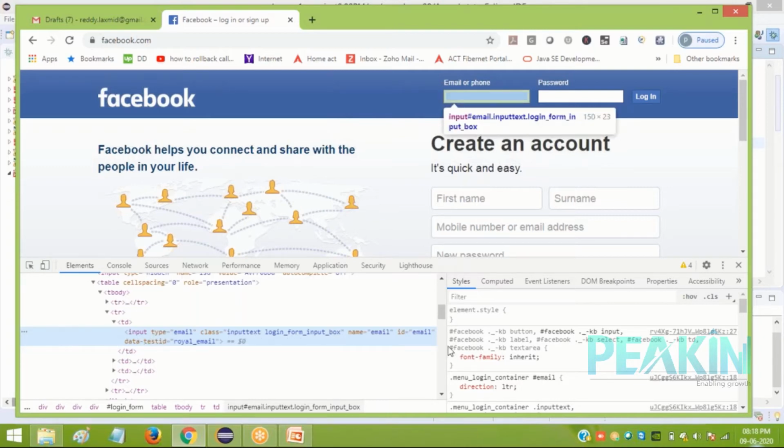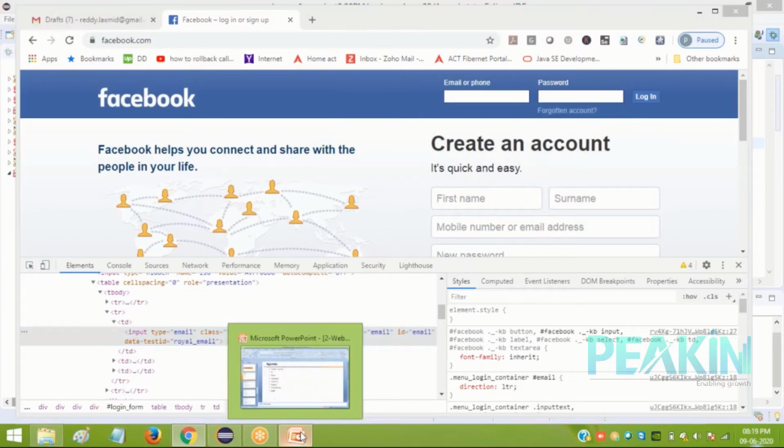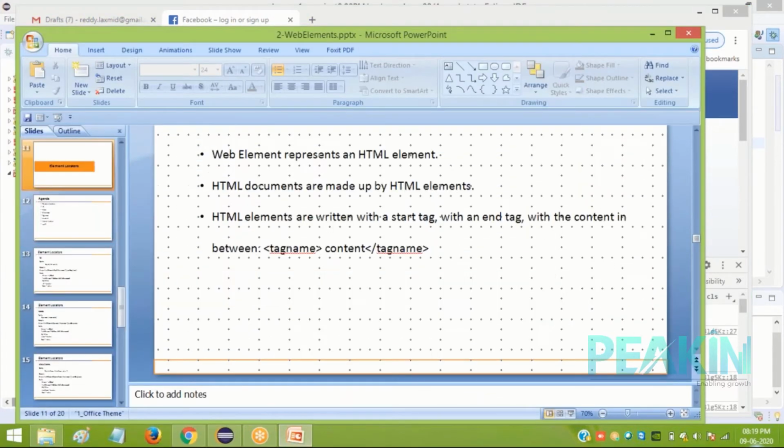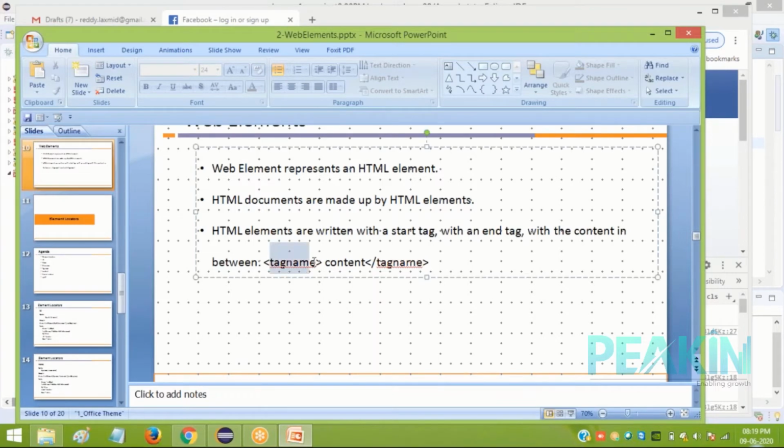In HTML, always the HTML starts with the tags. In HTML, you find tags. All these first words, you see table, table body, tr, td, input, these all are known as tags. HTML tags, see, tag name.